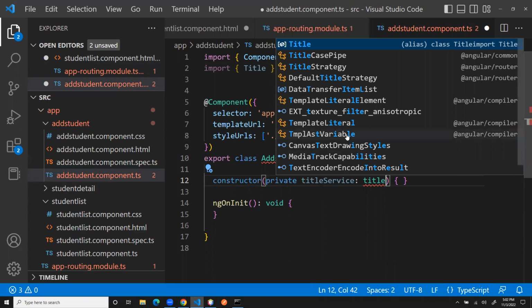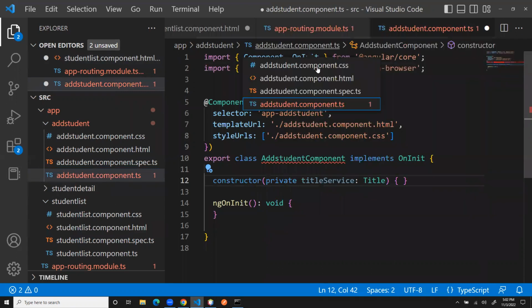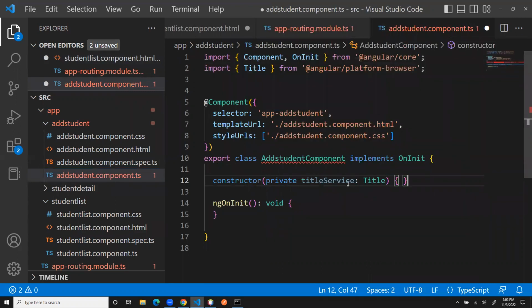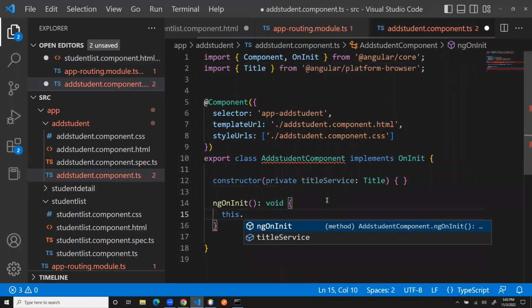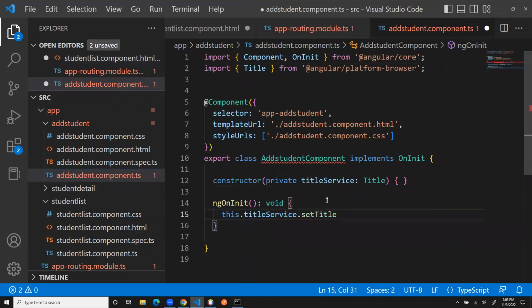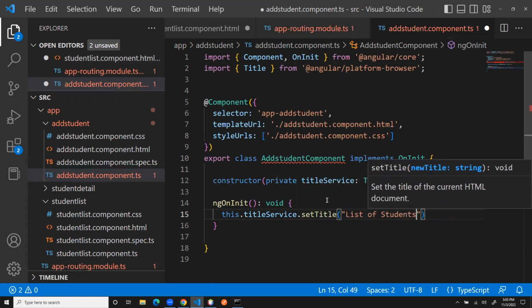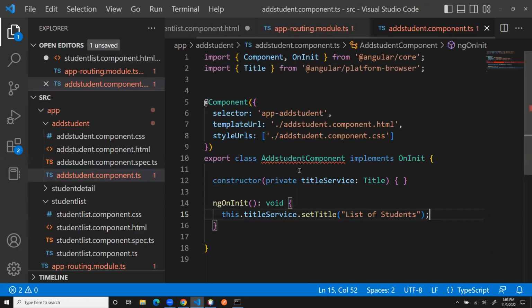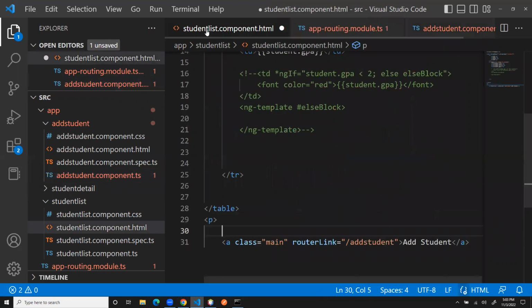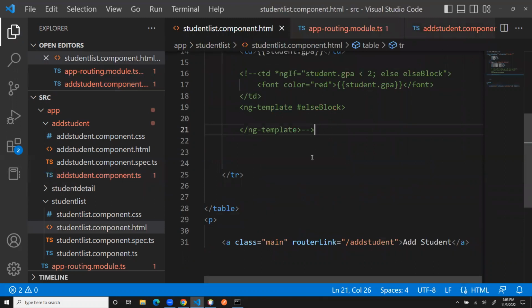Did I do that backwards? No. I just used little upper lowercase, right? Okay, great. Inside the init, I'm just going to simply go this dot title service dot set title to whatever I want the title to be. And by simply doing this and doing nothing else, literally nothing else,